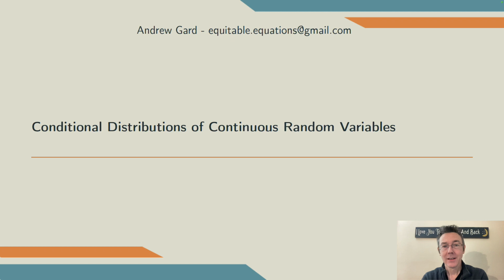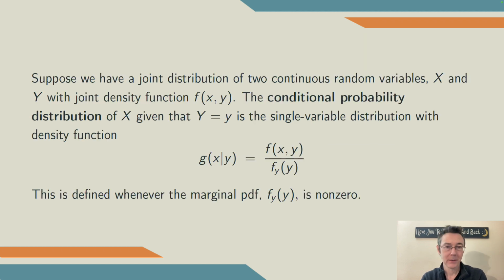Hey everybody. Today we're talking about conditional distributions of continuous random variables. We're in a situation where we have a couple continuous random variables, usually we'll call those x and y, with a joint density function, usually we'll call that little f of x comma y. The conditional probability distribution of x given that y, the random variable, has value little y, is just a single variable distribution,